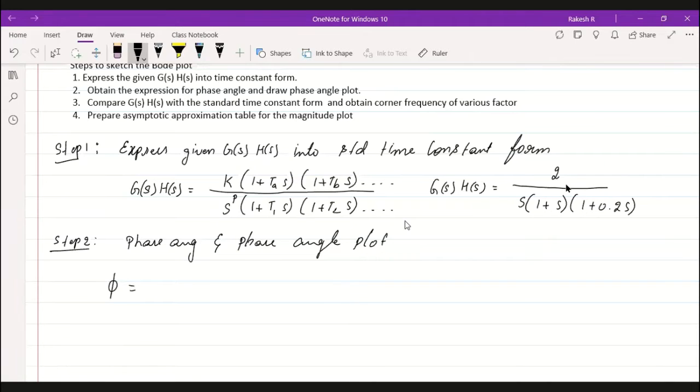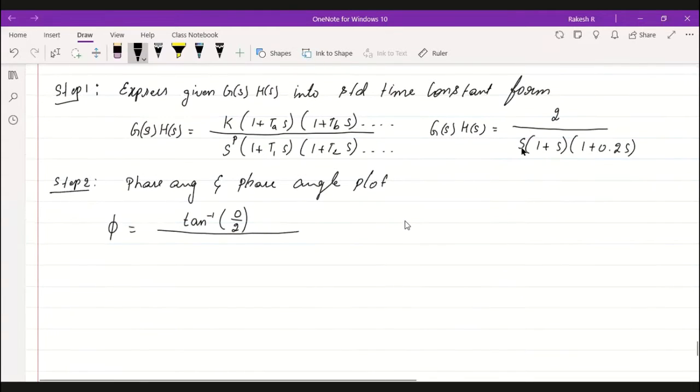Now what is phase angle? I need to write here for the k value. K value I have is only 2. That is tan inverse of imaginary part by real part. Right. So this is the first one on top, that is for 2. Tan inverse of imaginary part, which is 0, divided by 2. Right. And then for the denominator s, what is the angle? Tan inverse of